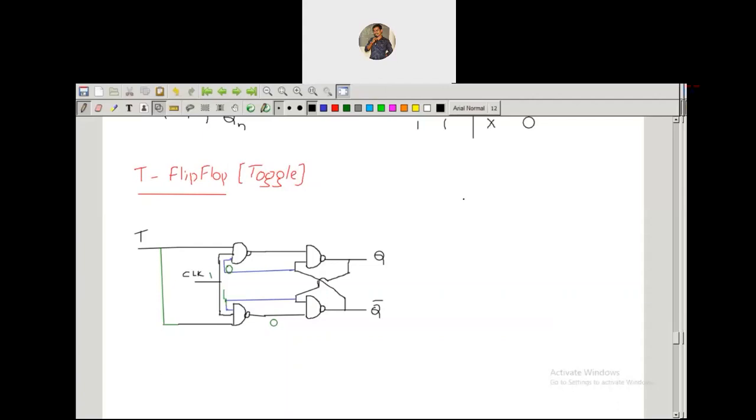Let me check here only. Okay, for clock and T, Qn and Qn plus 1. We're going to have only 4 possibilities here, as you're having only one T input, and along with T we consider the present state also as input, as it is a sequential circuit. And if I apply the low clock,